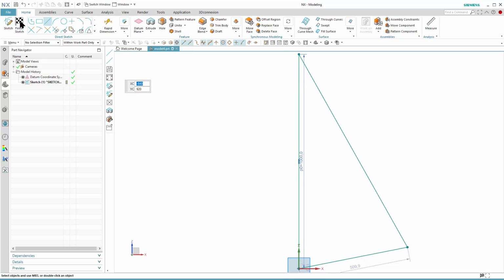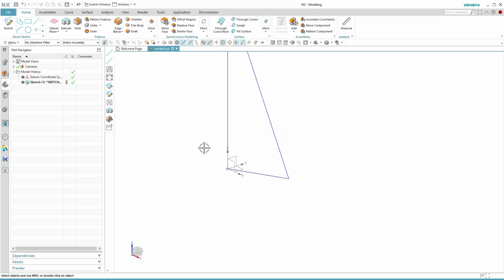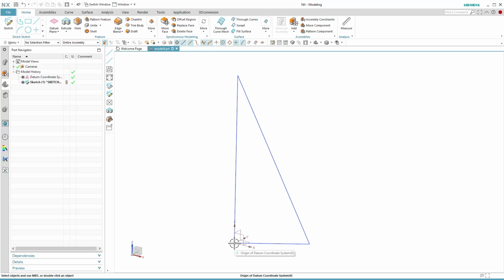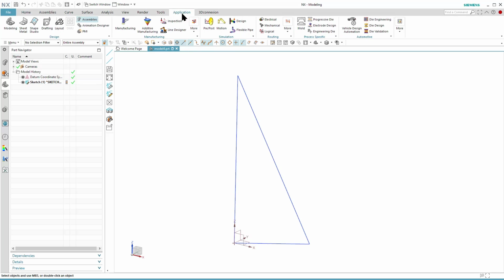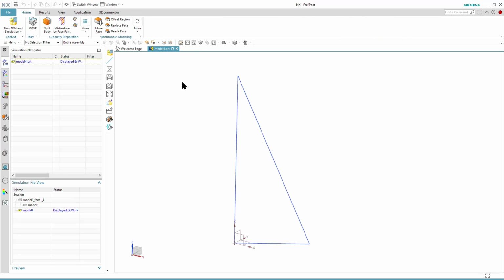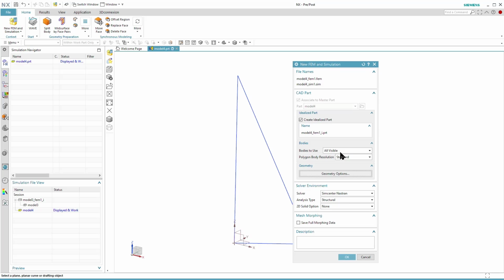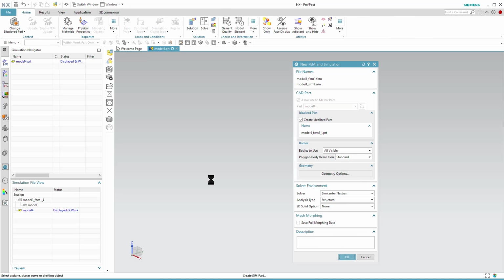Okay, so that's my framework I want to calculate. I make a fixed point here. I have a moving support here, and I apply a force here. I go over to pre-post. In the pre-post, I take care that I have all my sketch curves in, and I go over to